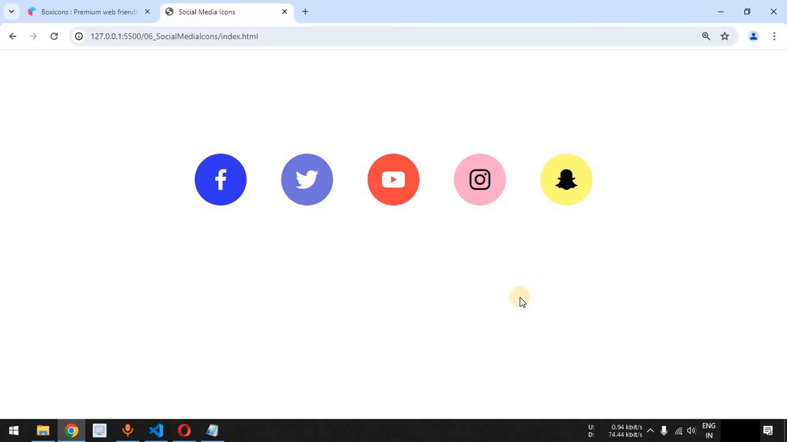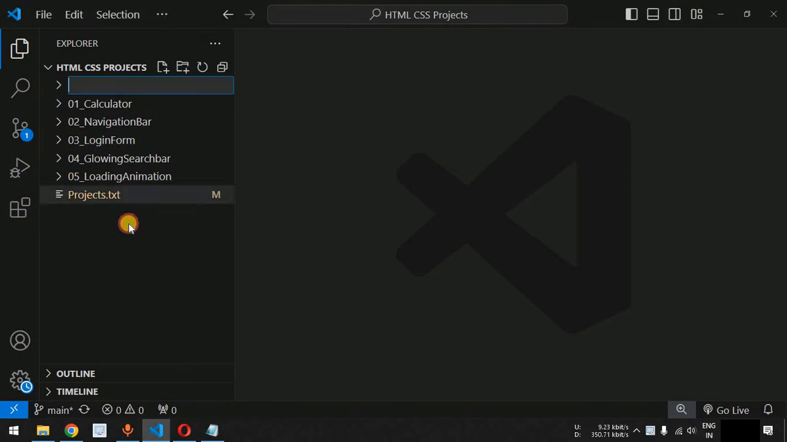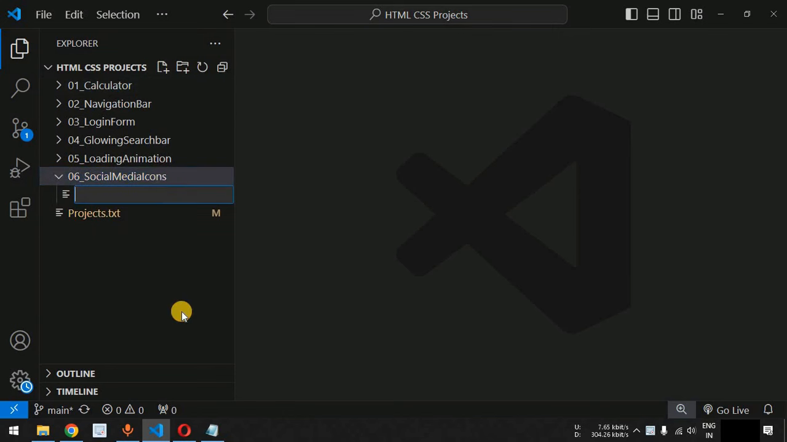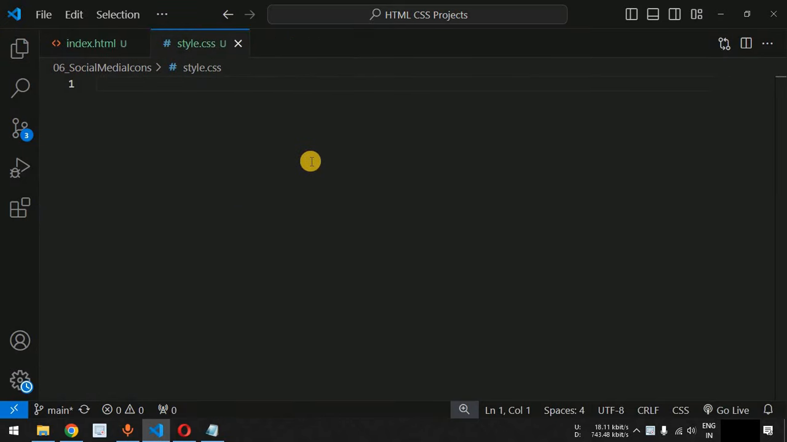So guys, let us move to the VS Code. So let us create another folder over here. Since it is the 6th project, we are naming it as 06 underscore and then we will say social media icons in this case. And then guys, inside this folder, let us create two files, that is index.html file, which will help us in order to create the web page. And then apart from this, we will also create the style.css file that will help us in order to provide